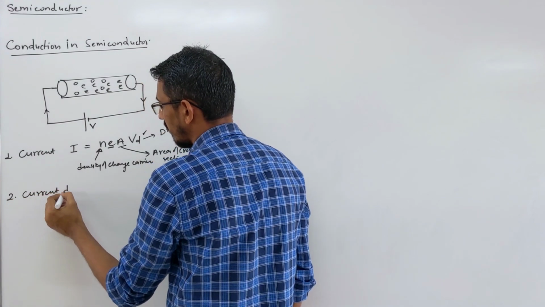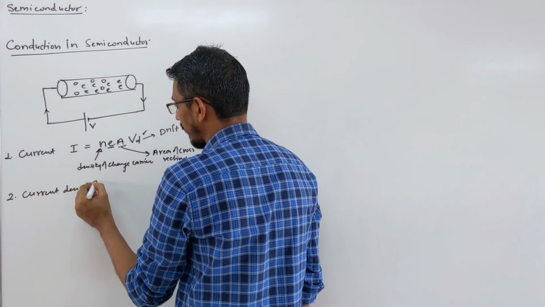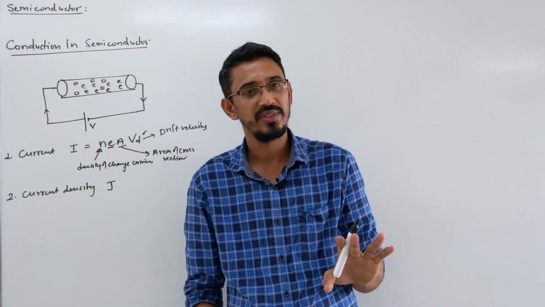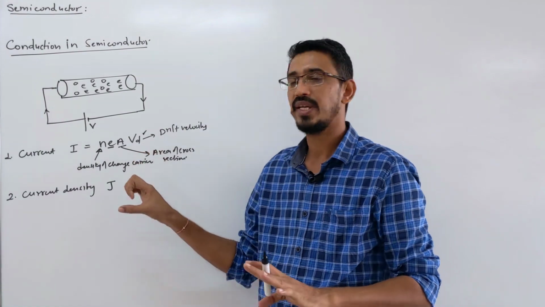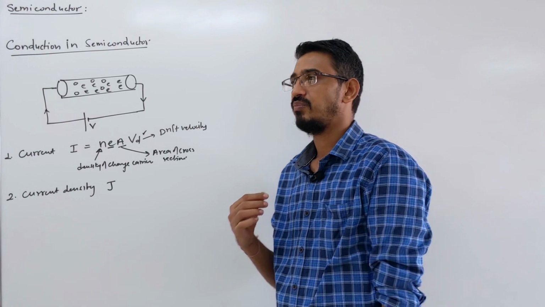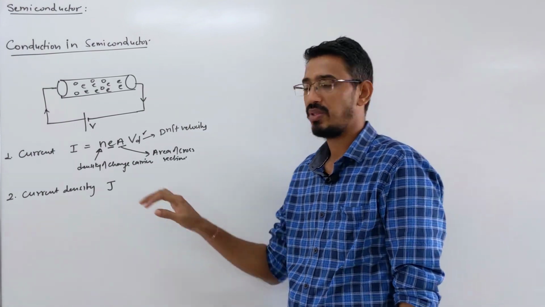Remember? Current density. We write a capital J symbol. So once more I'm telling, if you don't know these things, it's okay, there is no problem, because all these derivations are in current electricity. So I'm not deriving them, I'm just writing them here. Rarely they can ask some question to us about this.